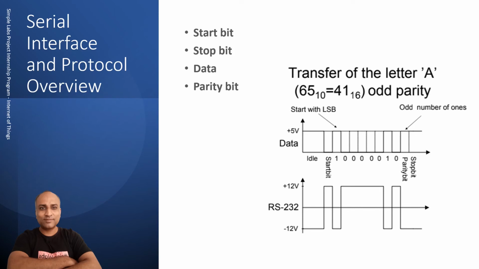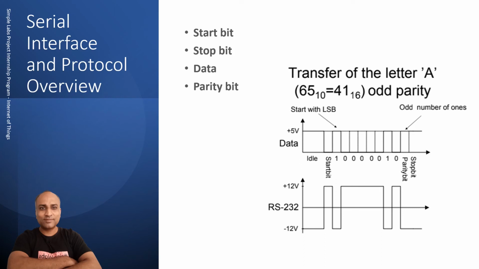Now, what should be the length of the start bit, how it should be, all of this is defined by the protocol. Now you have an RS-232 interface for this here. RS-232 is a serial interface which is still being used and used to be very popular, but it's getting replaced by USB communication these days. If you've seen the old computers, you would have something that looks like a VGA connector, a 9-pin connector on the side. That is the RS-232 interface.